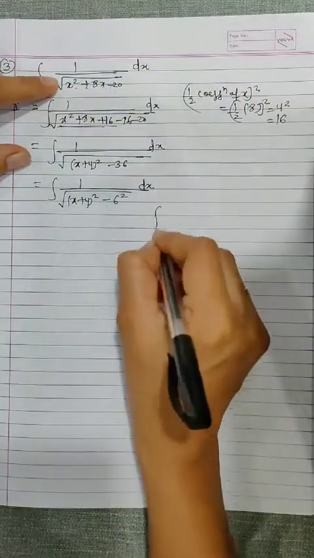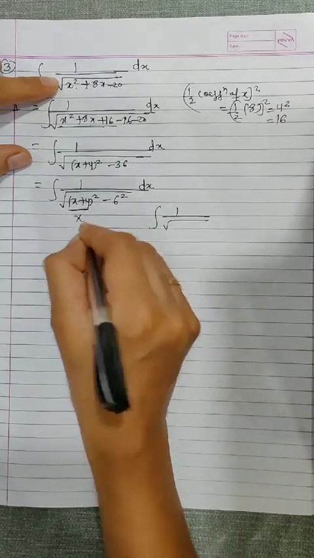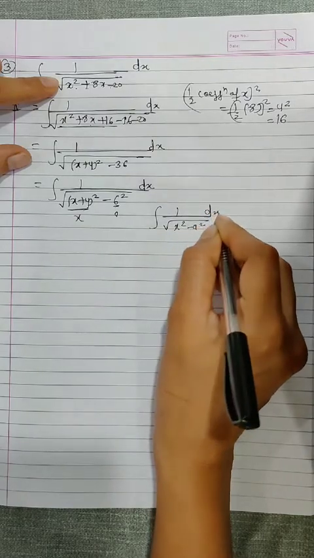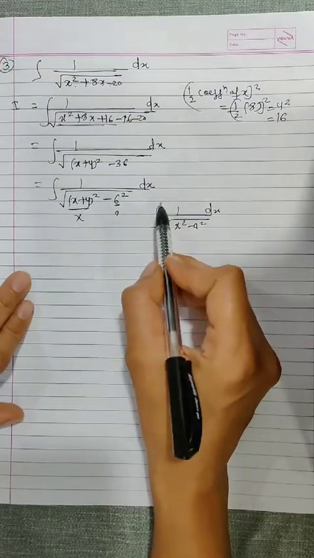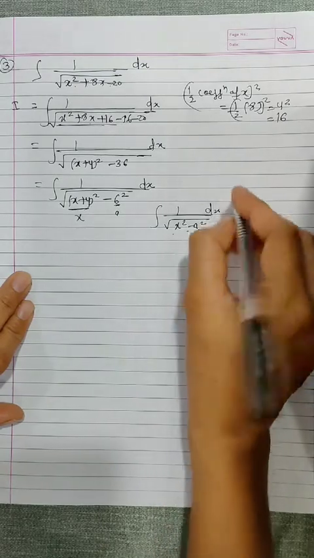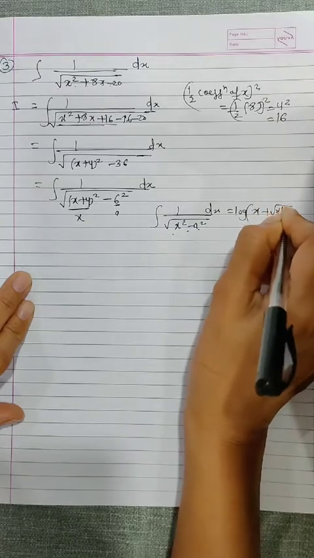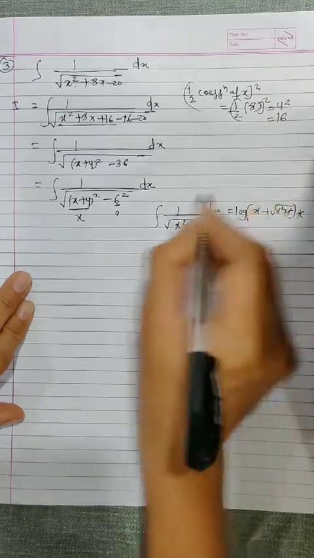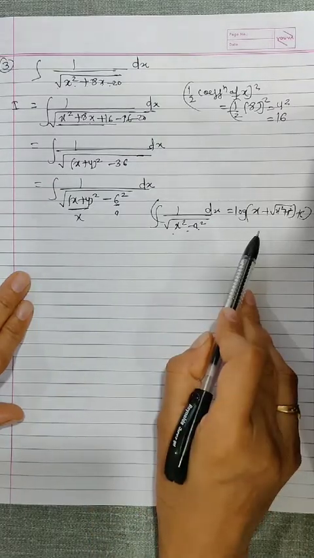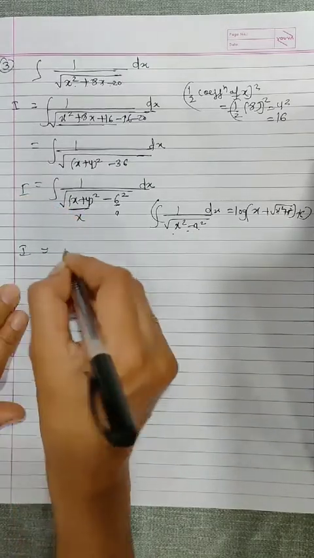Now compare this. It is of the type under root. This is your x and this is your a. So under root x square minus a square dx. So our special integral is integration 1 upon under root x square minus a square dx. And we know that it is equal to log of x plus under root x square plus a square plus c. So always, whenever you get a special integral, mention the formula. Okay. Now equal to log. So directly we have to apply the special integral log x.